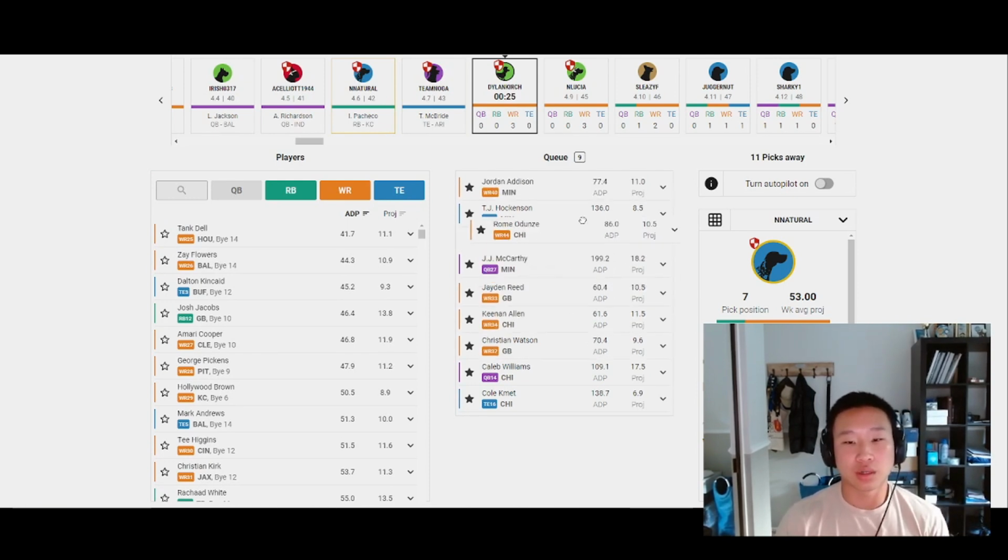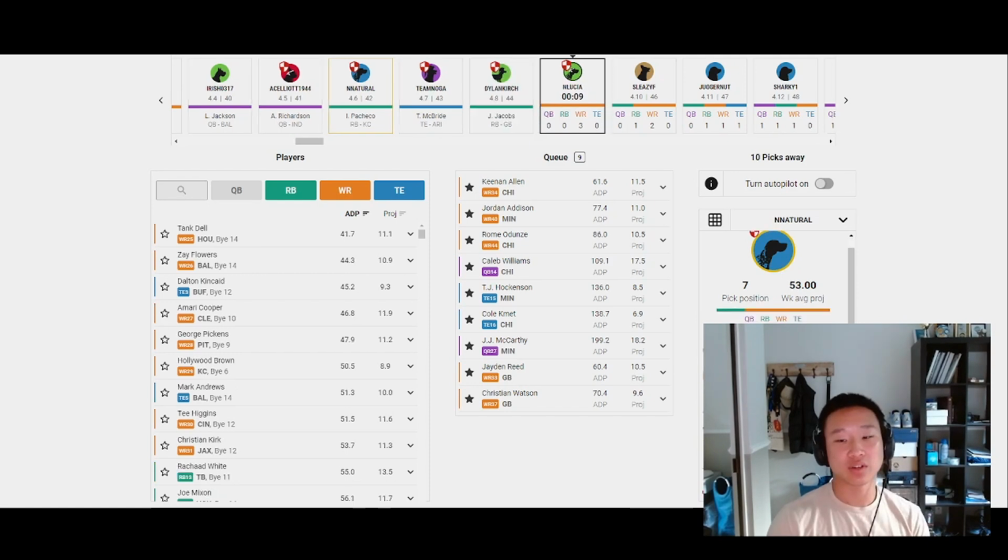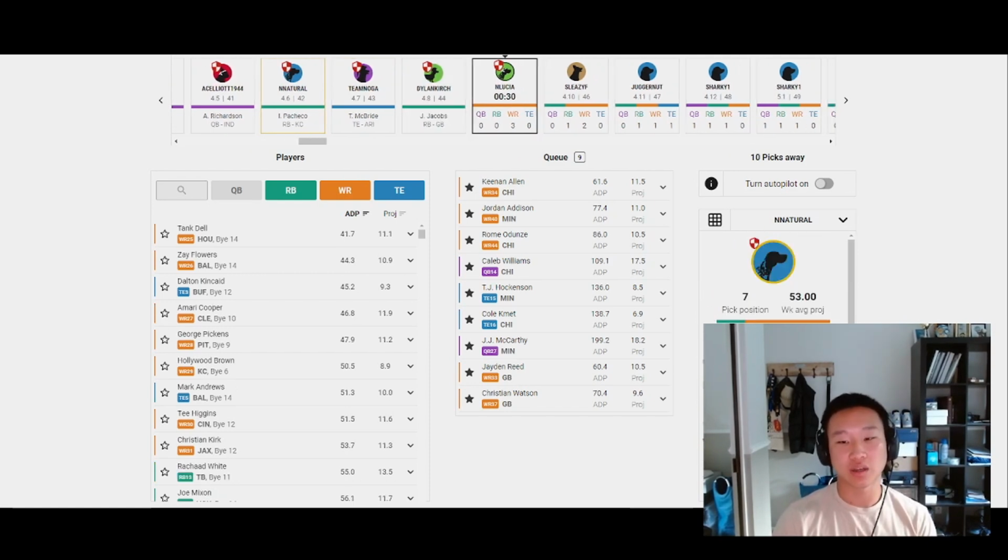Addison and Odunze would be our next couple picks. Oh, wait. First, Keenan Allen. Then we go... Perfect. So we have our vision kind of set up here. We have two tight ends that are like mid-capital picks, so we might supplement with a third tight end later, but